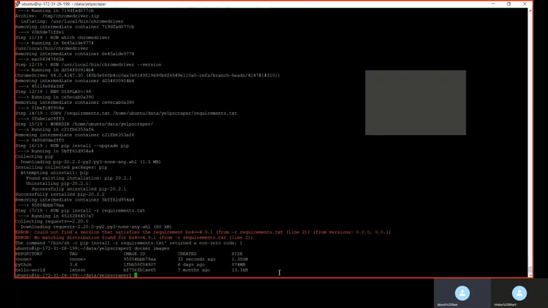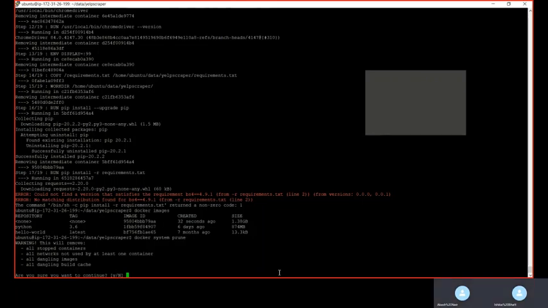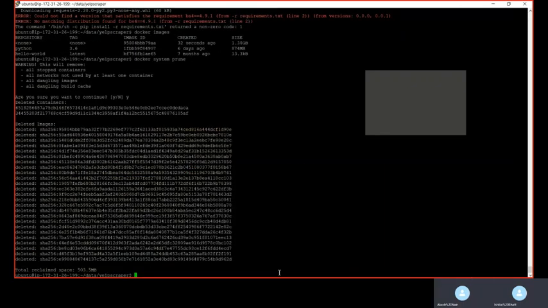So what you do is first type in docker system prune. Enter. Okay. Now type in docker rmi and copy the image ID.